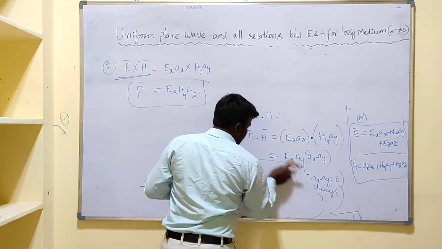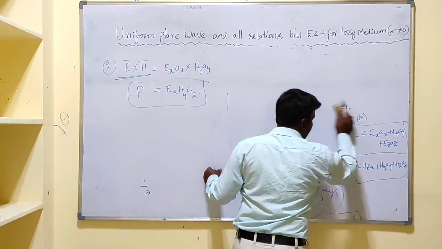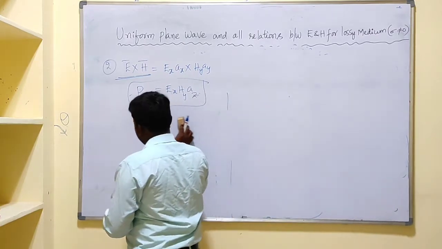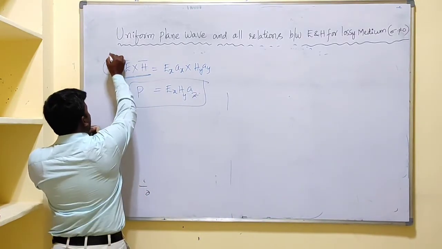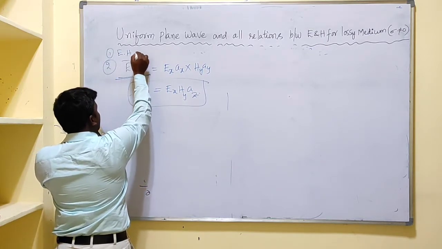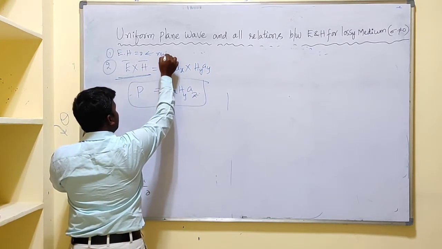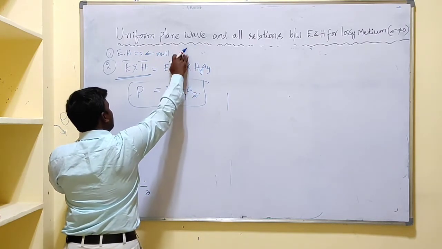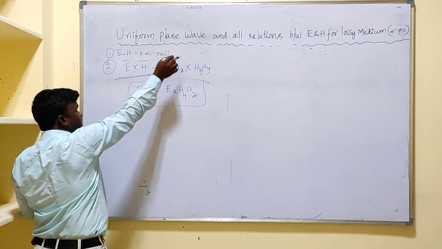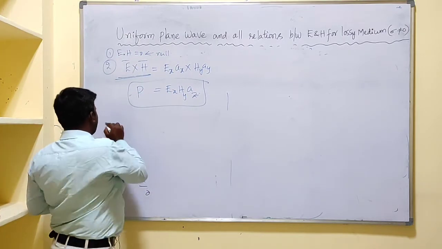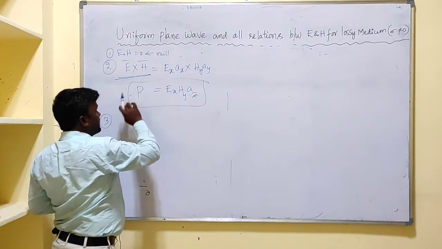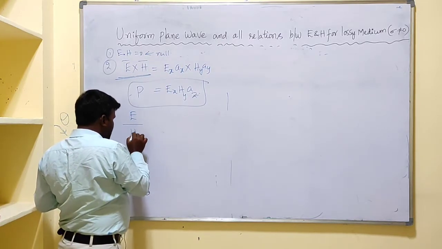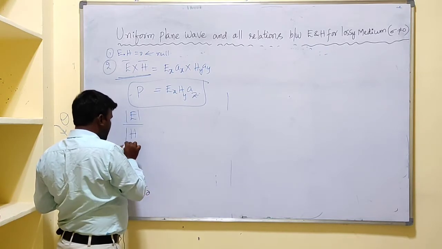Now we will go for another very important relation. The first relation is E dot H equal to 0, which is null because it is a dot product and gives a scalar, not a vector. The cross product gives a vector. And the last one is the division of two vectors, which is not possible, but we need to take the magnitude.